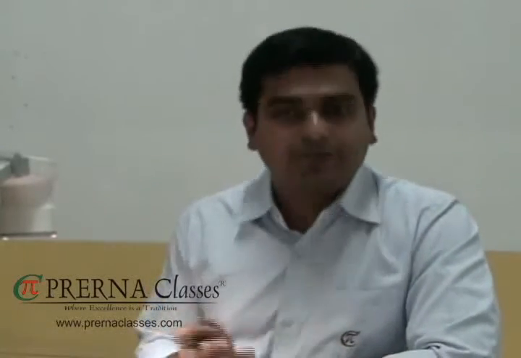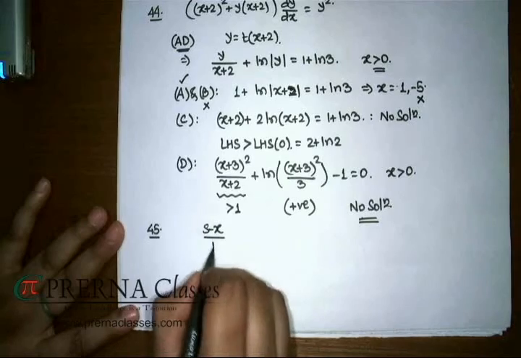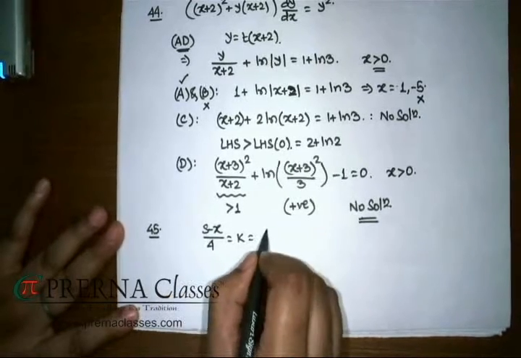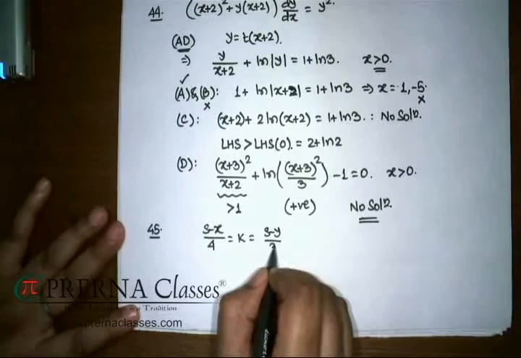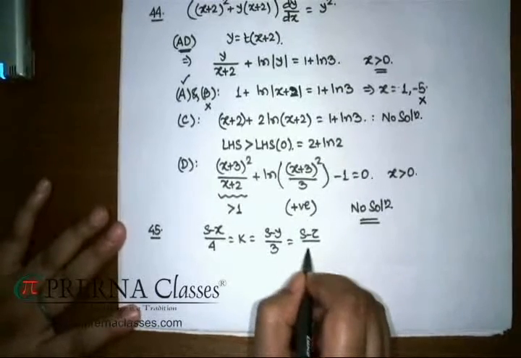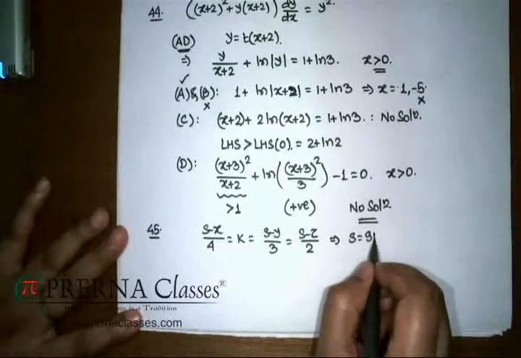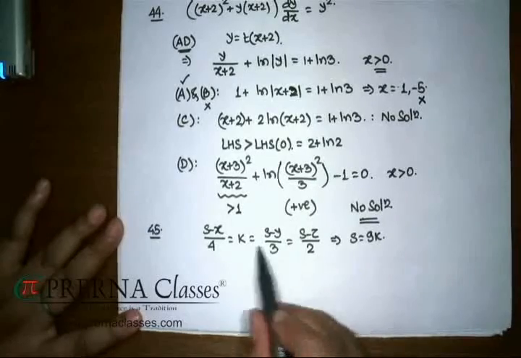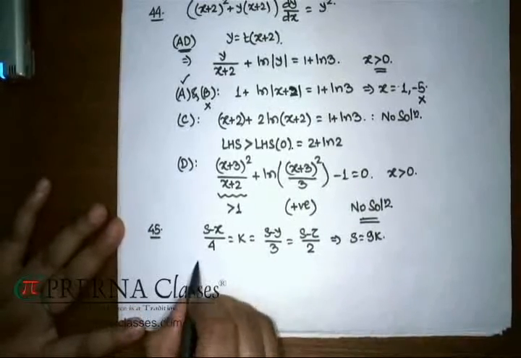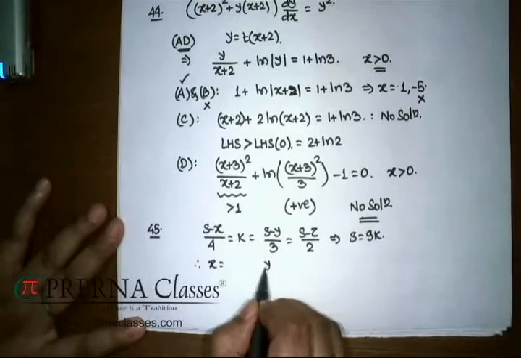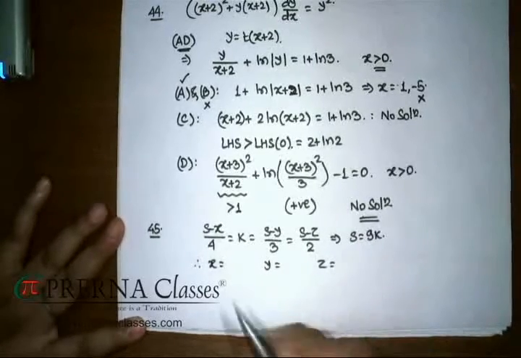In the next problem, it's related to the property of triangles. There you are dealing with some relationship between semi-perimeter and side lengths. If I were to consider those ratios matching with a proportionality constant, say k, you can check then S turns out to be 9k from this only, as S is (x plus y plus z) by 2, and hence you can then figure out side lengths as a function of k.